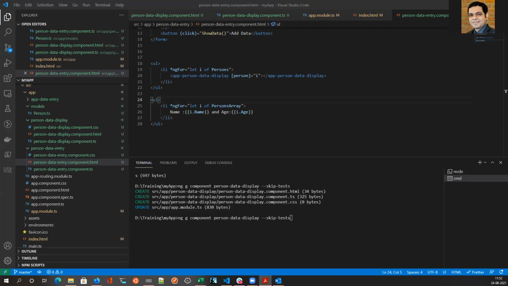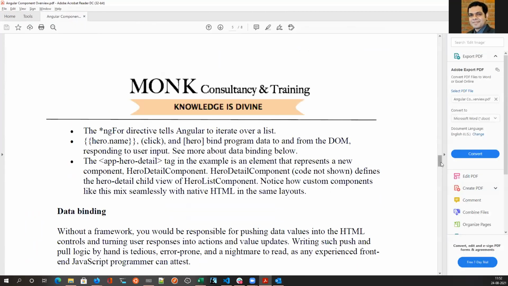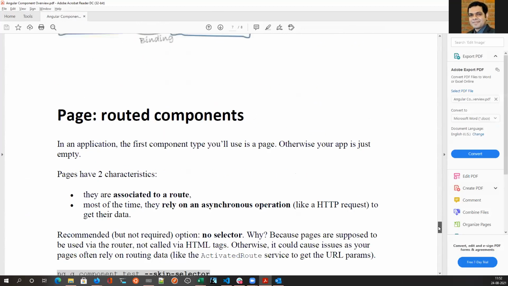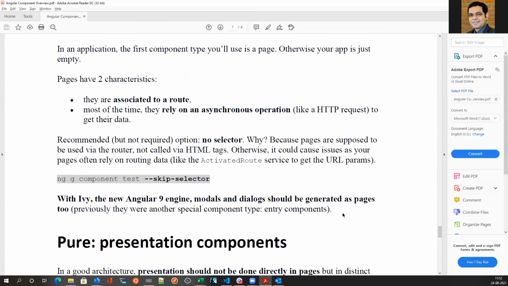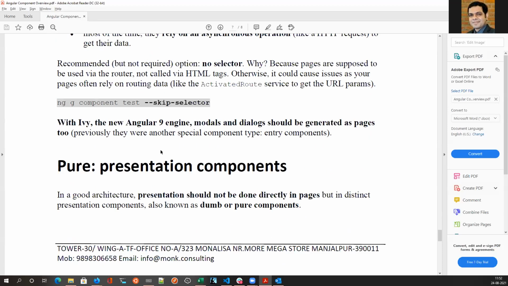The only last concept that we will see tomorrow is Output. Other than that, I'll also give you a brief on how you can select what kind of component you want to create. These are the three types of components that are briefly defined. One is a page, that is a routed component.